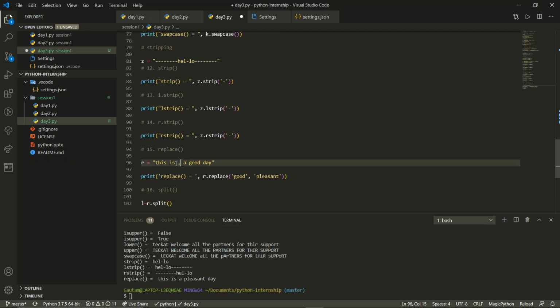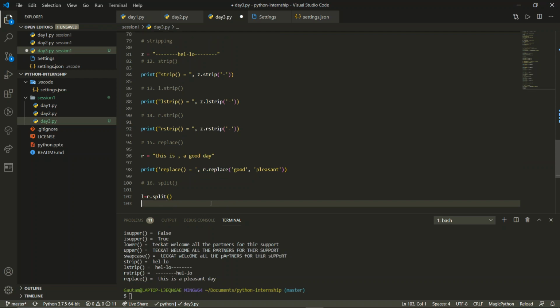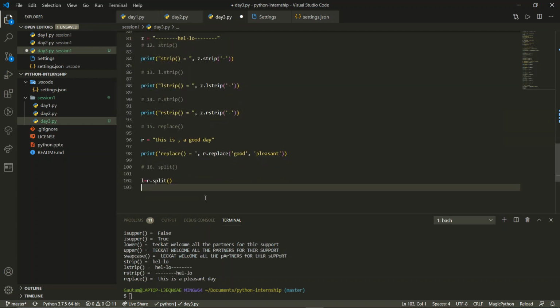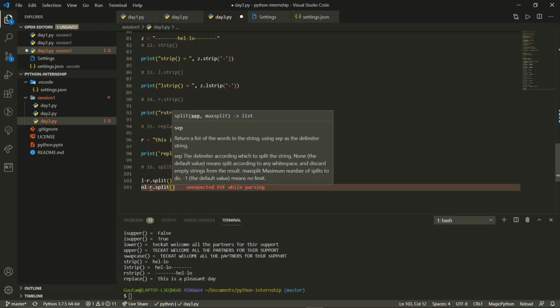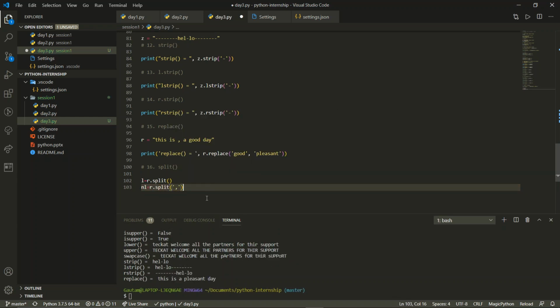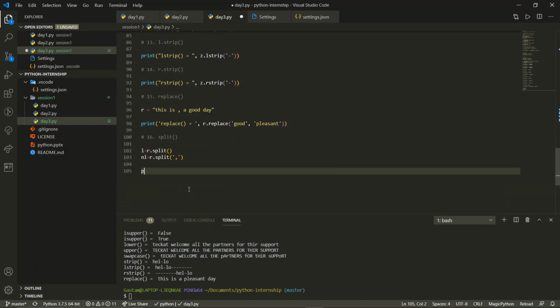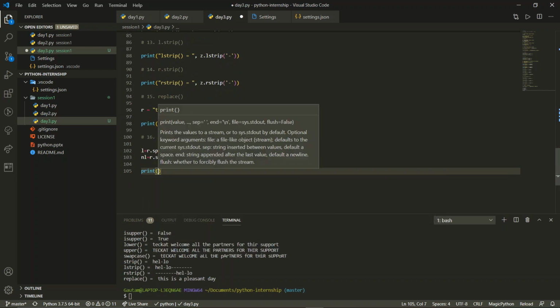Now, if you have a comma over here, let me give a comma and show you both the things. I have L equals R dot split, and then a new list NL maybe, R dot split, and inside that I will pass a comma. Okay, I'm splitting it through comma. Now I will print both the lists over here. The printing process is the same. Print the function we are using, split.